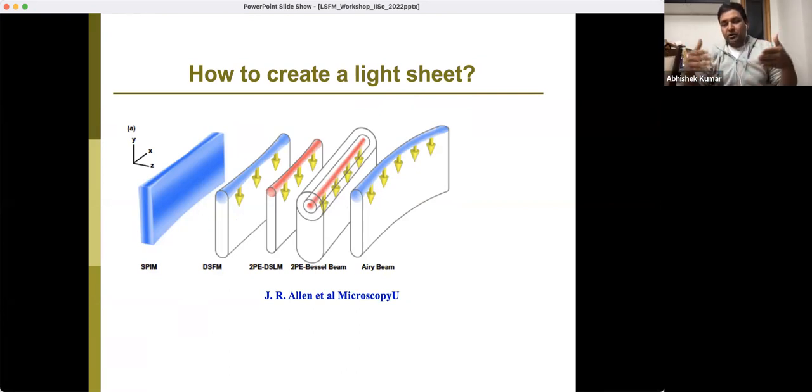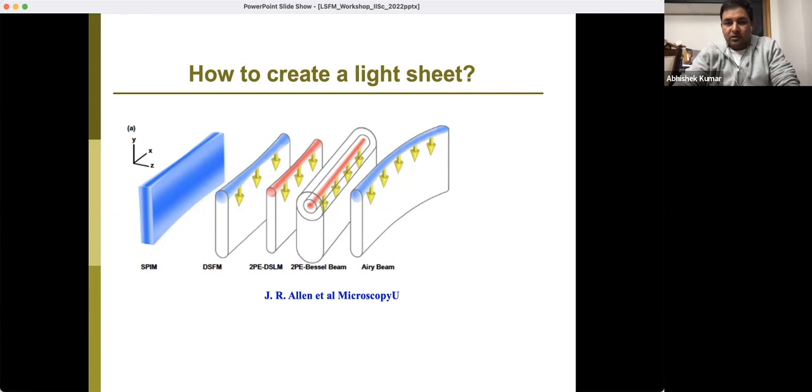Depending on the numerical aperture of your beam, you can have a certain Rayleigh length. So the part close to the beam waist gives you a nice and thin illumination. But as you go away from the center, suddenly your beam starts diverging and you get a thick illumination. So people have come up with other beams like a Bessel beam and Airy beam, which are non-diffracting beams,